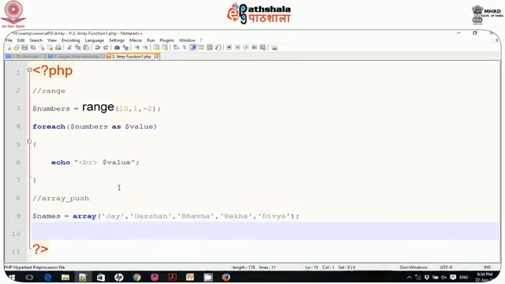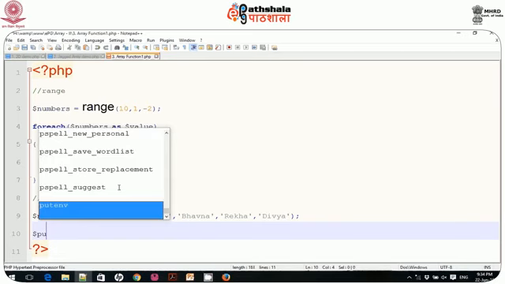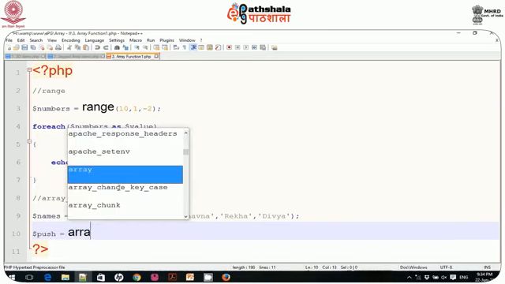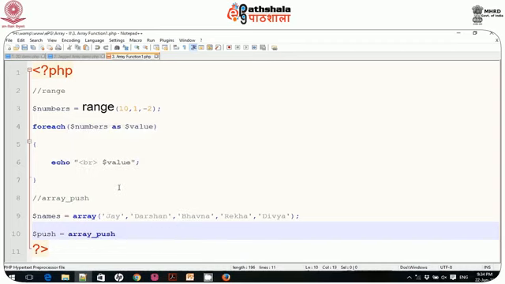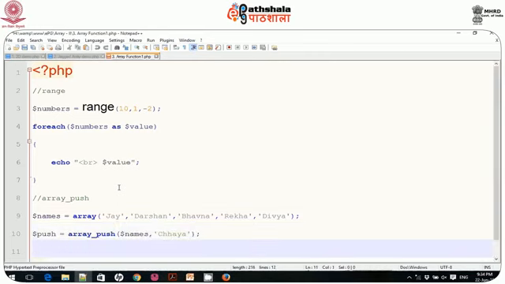So these are anything. Now I write $push is assigned to array underscore push, and let me add Chaya, and in the syntax I have to provide the first array. So let me write $names comma this. So that way